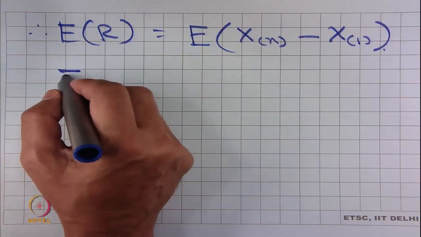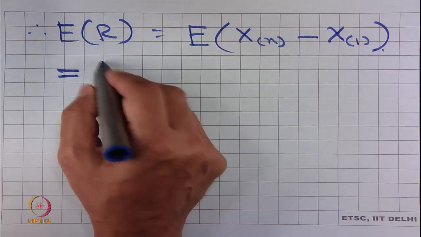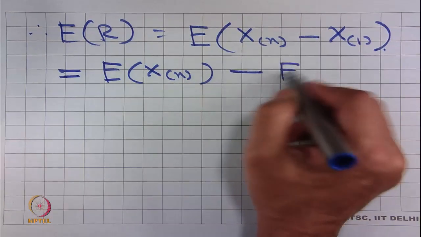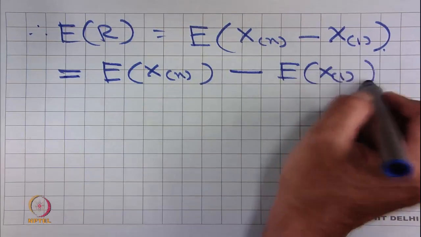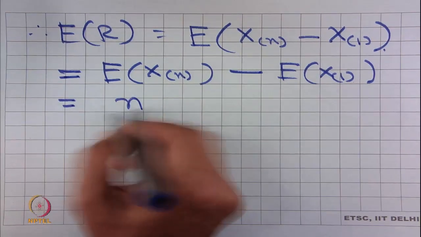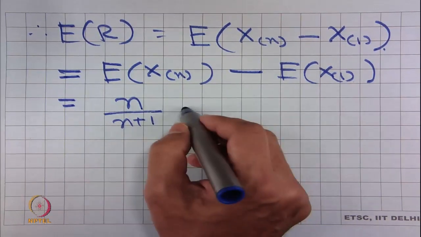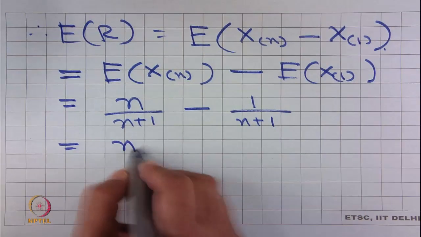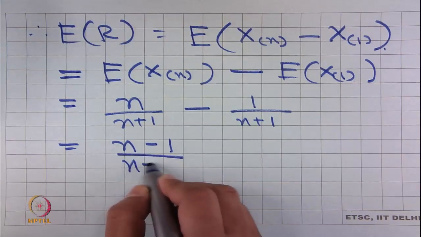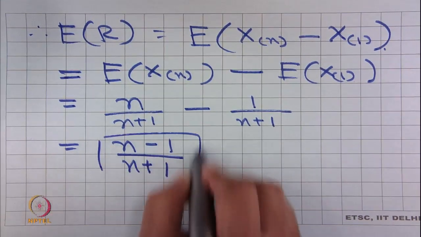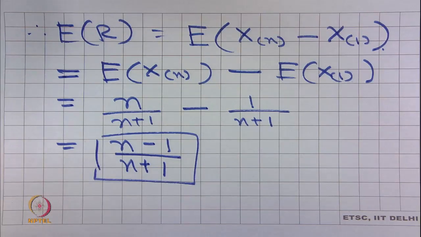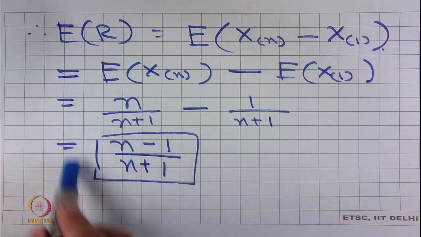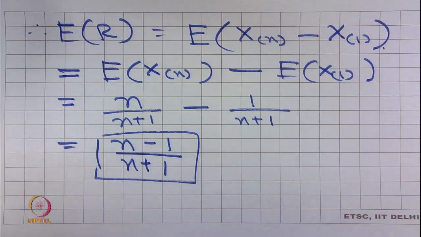By linearity of expectation, we can say it is expected value of x n minus expected value of x 1 is equal to n upon n plus 1 minus 1 upon n plus 1 is equal to n minus 1 upon n plus 1. Therefore, if we take n samples, the expected value of range is n minus 1 upon n plus 1, which